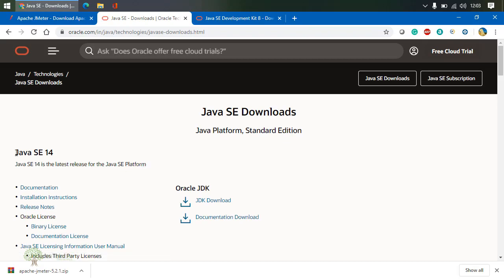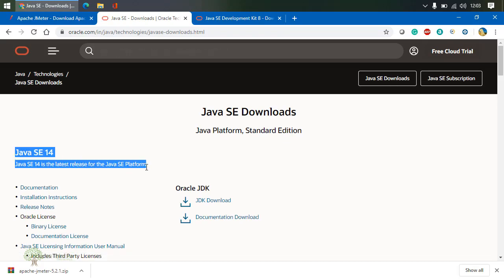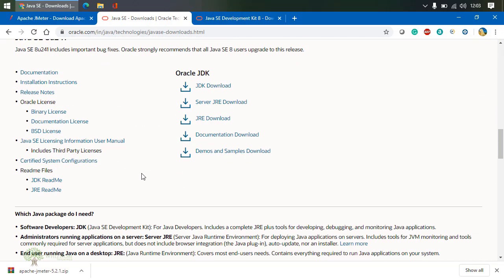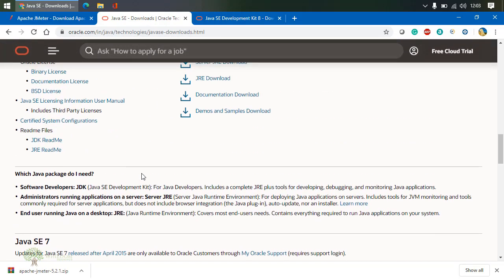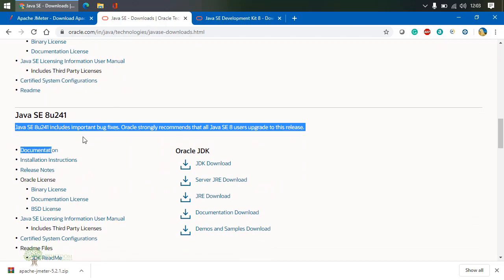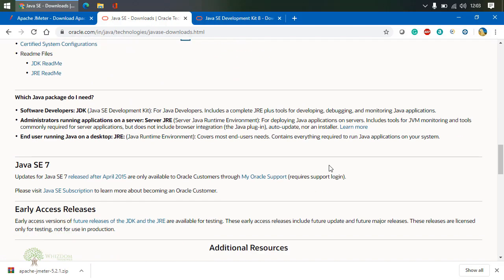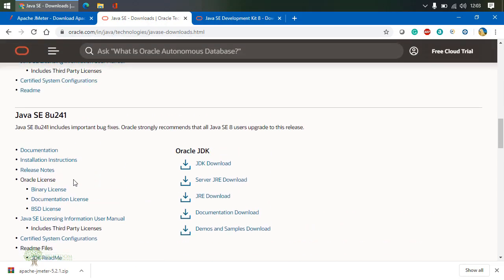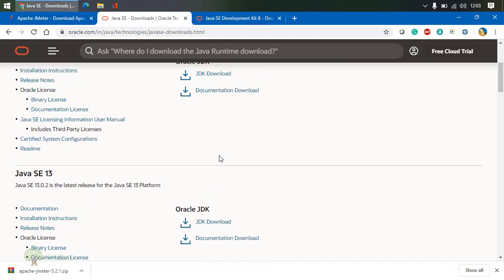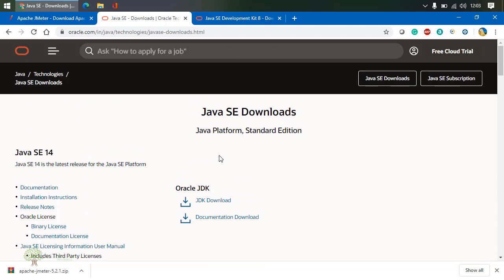This is the official website, and as you guys can see, JDK 14 has also come up. Still, why are we working with JDK 8? If you notice, they are still giving us JDK 8. JDK 7 is not available, but yes, JDK 8 is available, right?